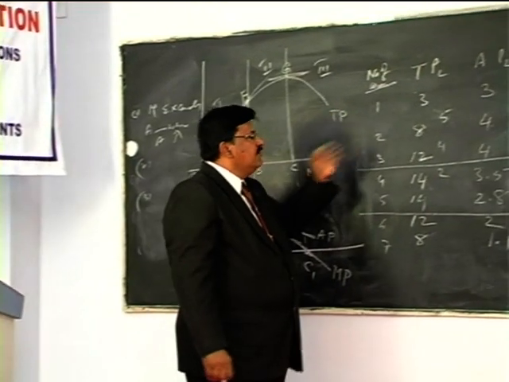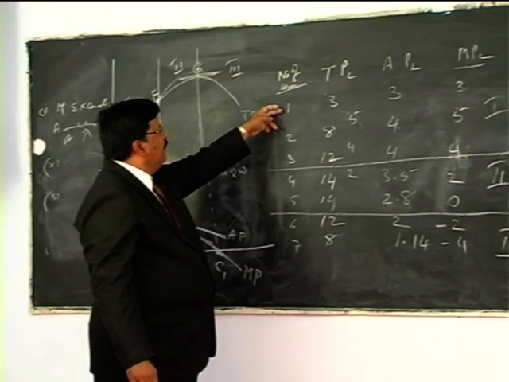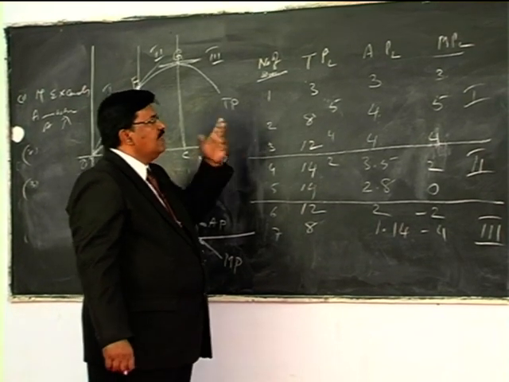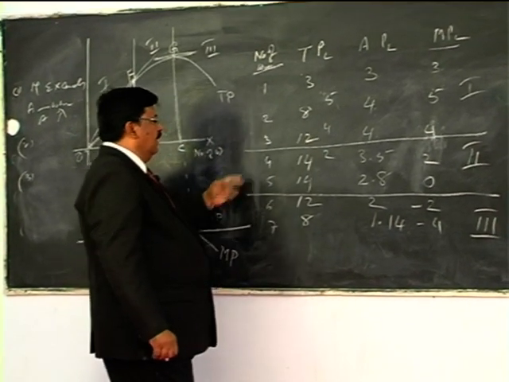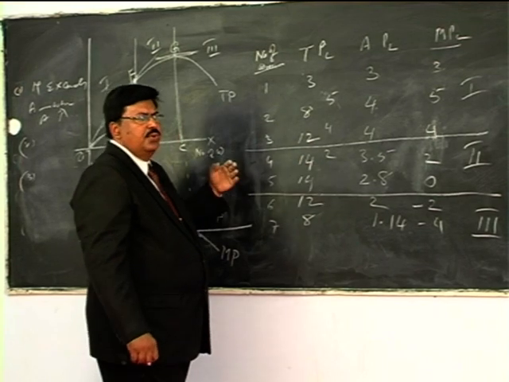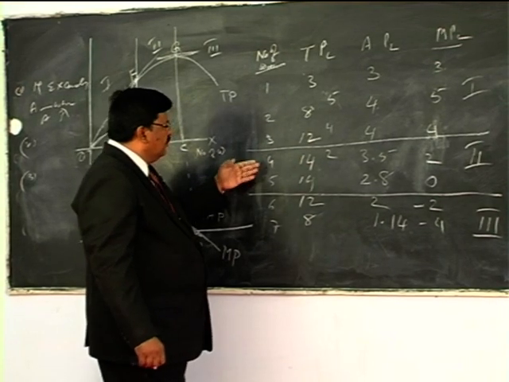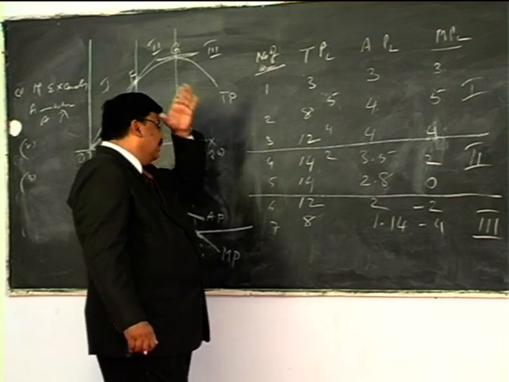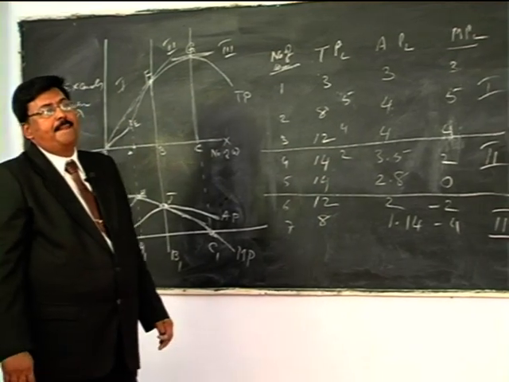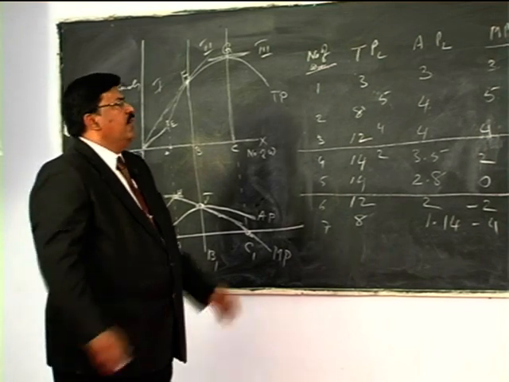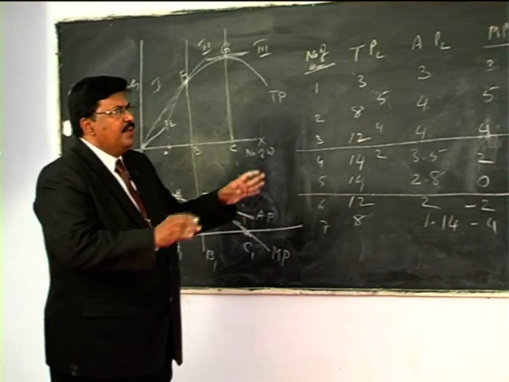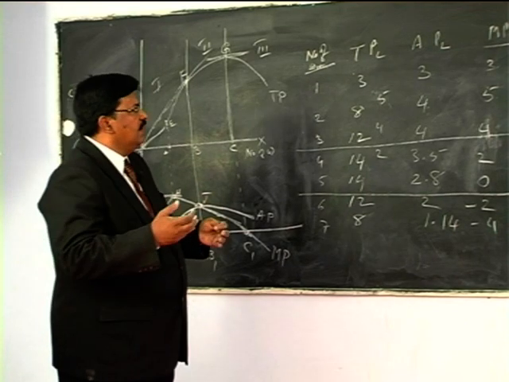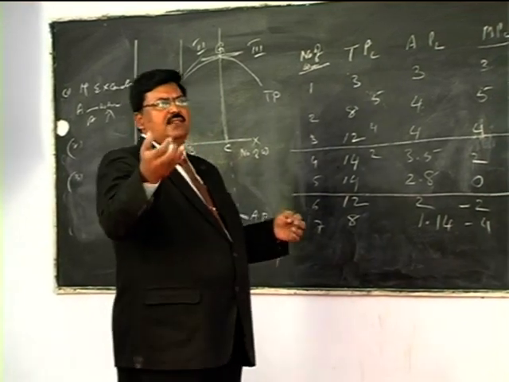And why not stop in stage 1? In stage 1, for example, 1, 2, 3 workers, what is the contribution of the third worker? 4 units. And the 4th worker, again 2. So he will experiment with the 4th worker and he will try the 5th worker also, that is 0. And after the 5th worker he will not employ. So a rational producer will never stop in stage 1 because he is missing an opportunity. He has to see what extra is added by the extra worker.